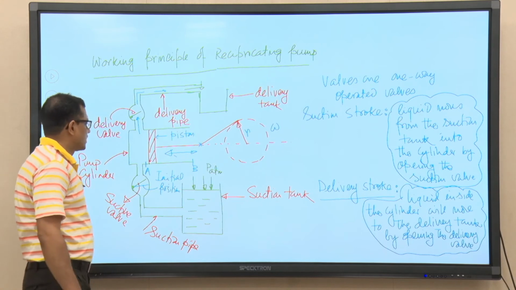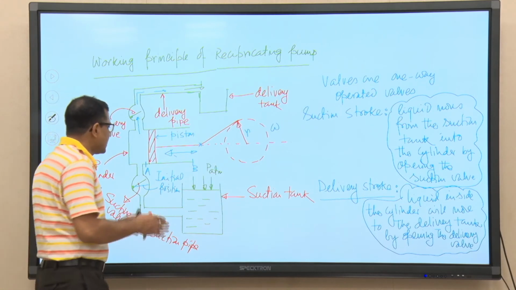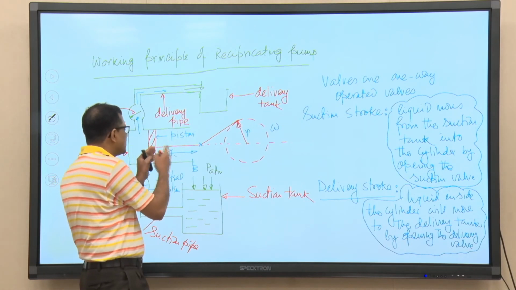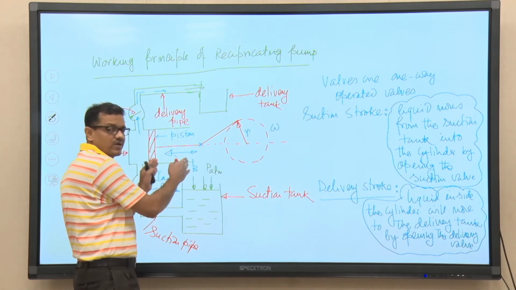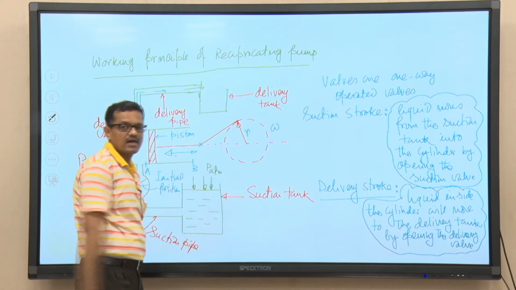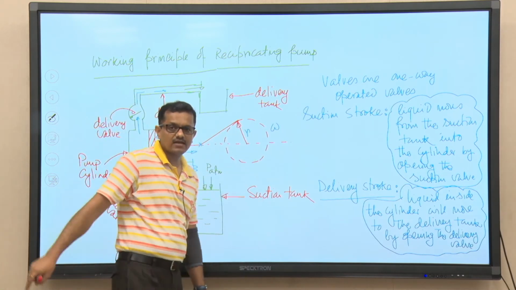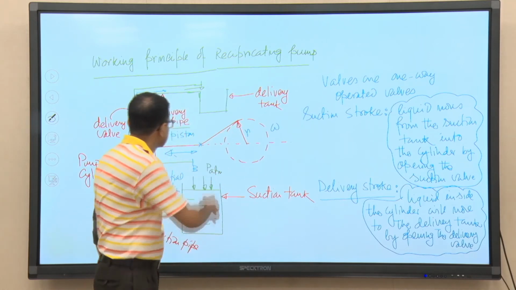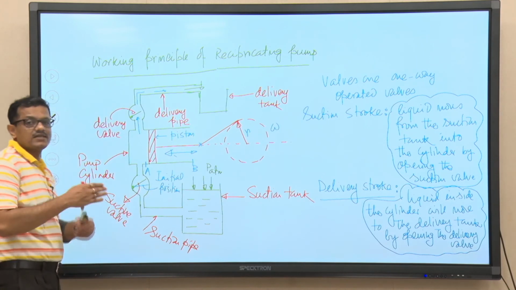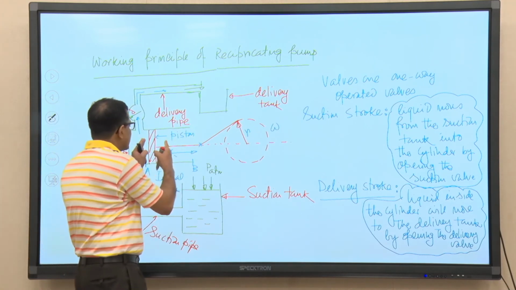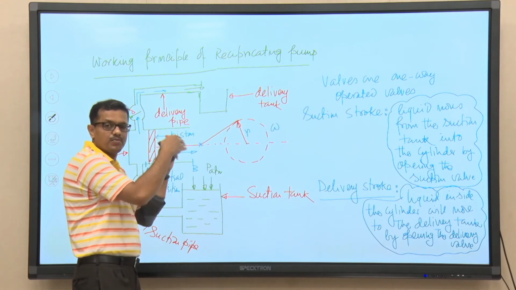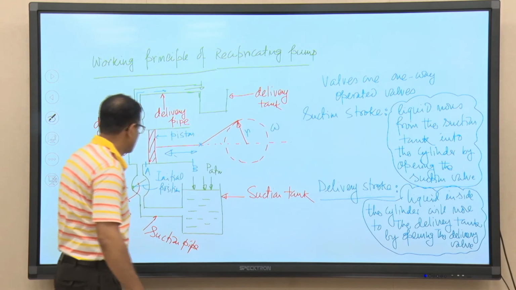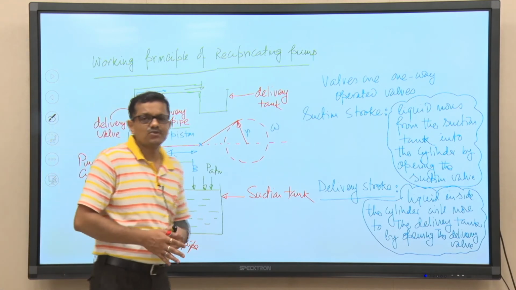Okay. So, now we have seen that essentially there is a to and fro movement of the piston between these two locations, and the piston is connected to the crank through this connecting rod. What we are essentially doing is altering the pressure inside the cylinder in both strokes, that is, during the suction stroke as well as the delivery stroke.